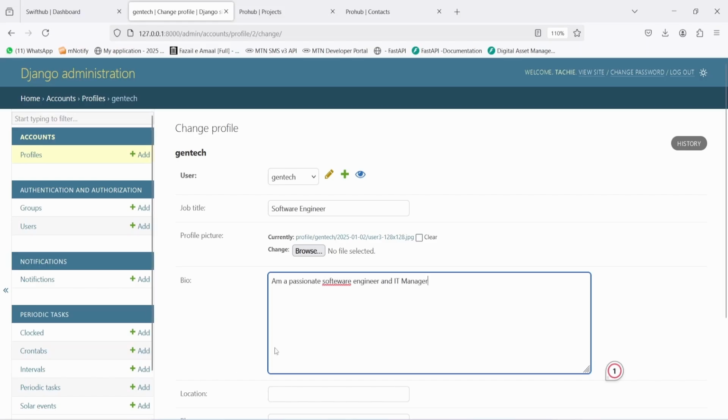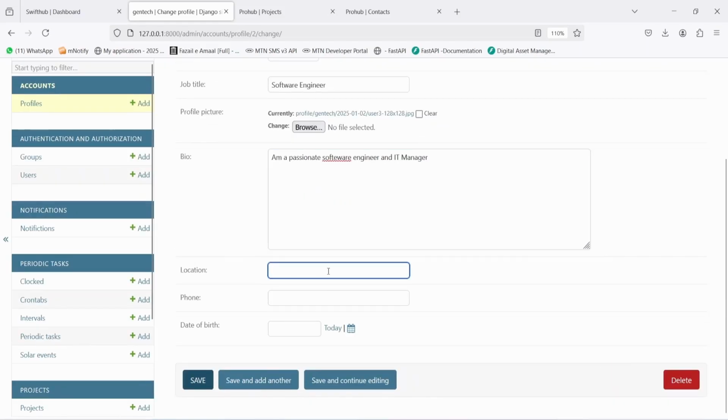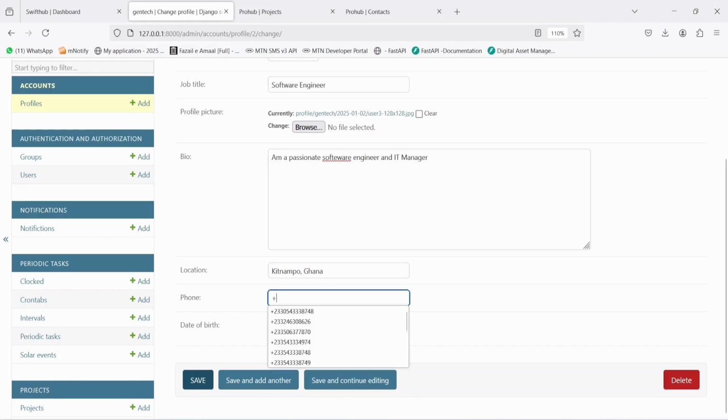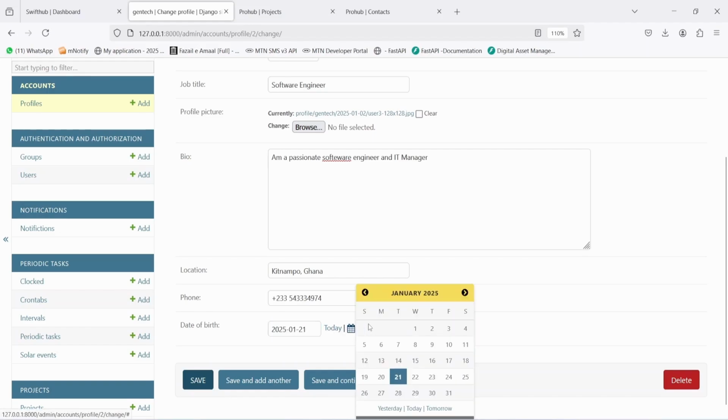Like that, whatever. And the location is going to be Ghana. So that is where I'm from, Ghana, and my phone number, this is the real phone number. For the phone number, it's going to be +233, that is the country code for Ghana, and 54333497. So that's my phone number. And I'm going to scroll to the date of birth, and I'm just going to set anything right here,